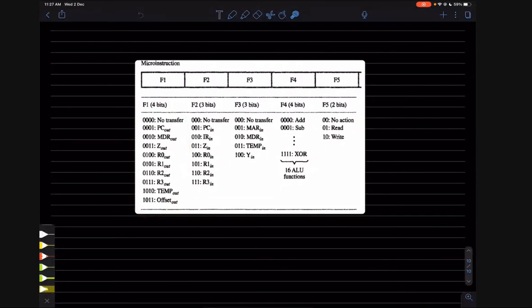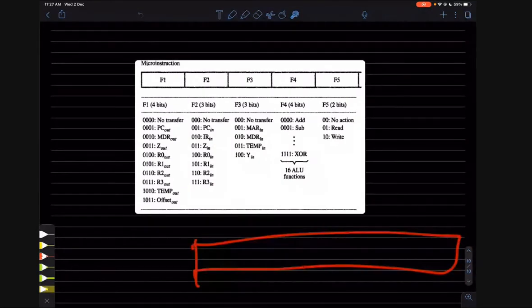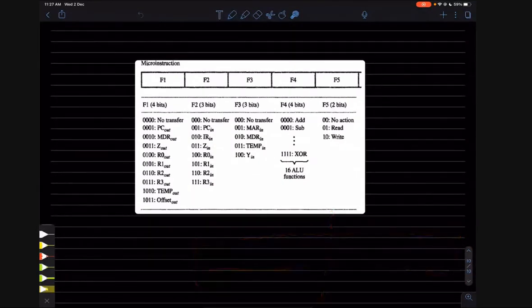Because 4 bits are needed to identify 9 signals. So 4 bits replace 9 bits, and here 3 bits replace 7 control signals. So obviously the 100 bit length will be reduced to somewhat half or so, depending upon the number of group elements and how many bits per group.